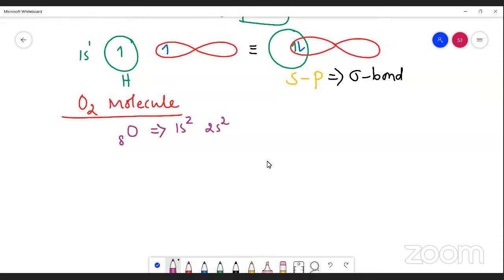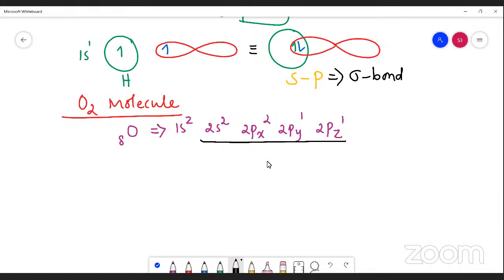2s2, 2px2, 2py1, 2pz1. We know that 1s2, 2s2, 2p4, so totally 8. But we are taking only 2s2, 2px, 2py, 2pz, which should be considered as the